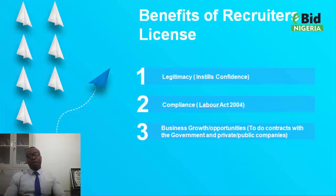What are the benefits that are accruable to you if you have a recruiter's license in Nigeria? The very first benefit is that your business will have legitimacy. And if your business has legitimacy, it simply means that your clients will have confidence in you. Once you have a recruiter's license, definitely people will want to do more business with you. They will have confidence in you because confidence begets referrals. And once they have confidence in you and then they refer you, then your business will continue to grow and